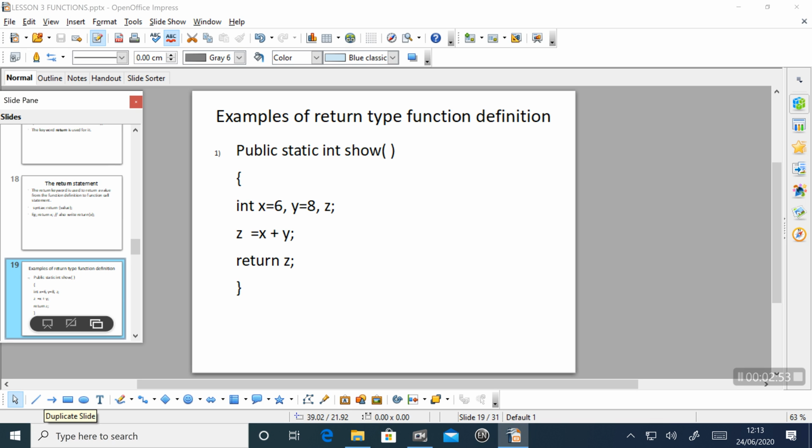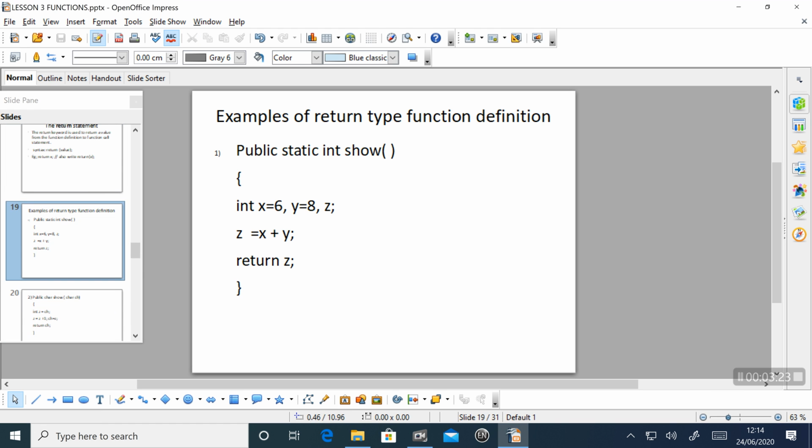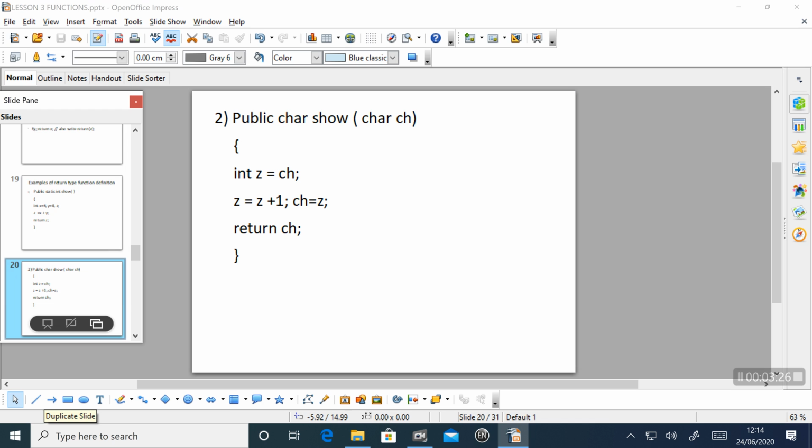Here we are using the return statement to return the value of z. So this is a return type function and we are using the data type int. Z should be an integer value. This function should return an integer value because the function data type is int.